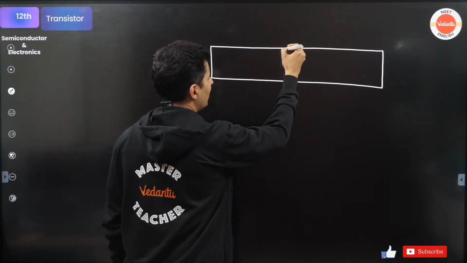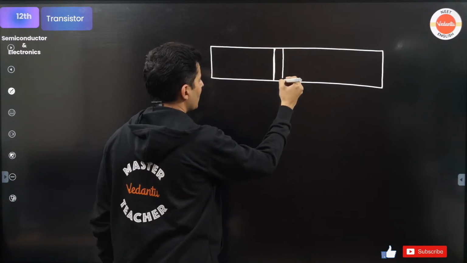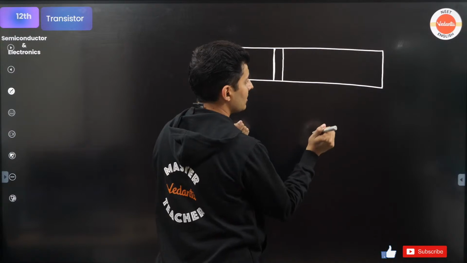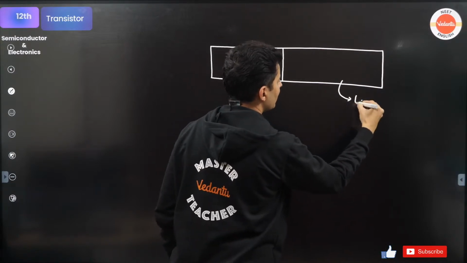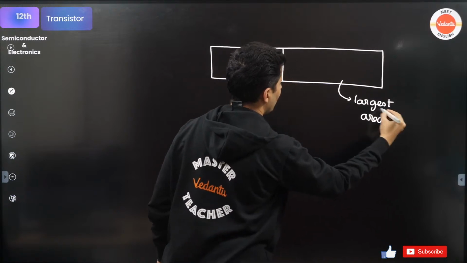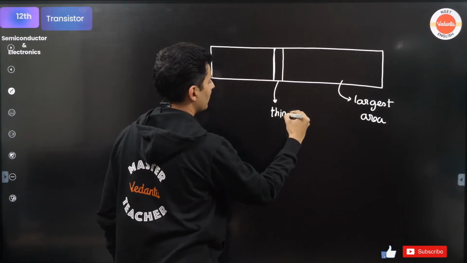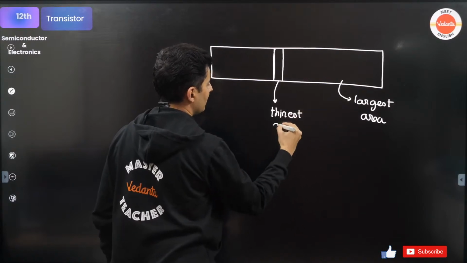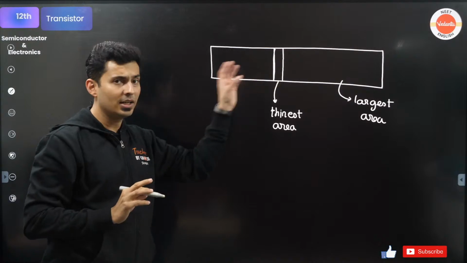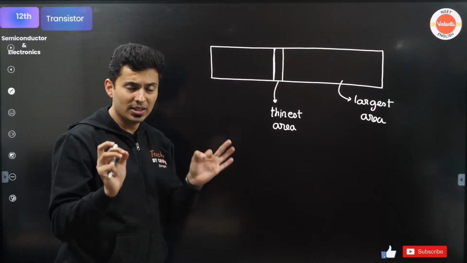One part in the middle will be very, very thin. This part is medium sized. This part is the largest, the largest area. And this one is the thinnest area. All right, so this is something which you should realize. I have divided it into 3 parts. Everybody with me? Now each of these terminals